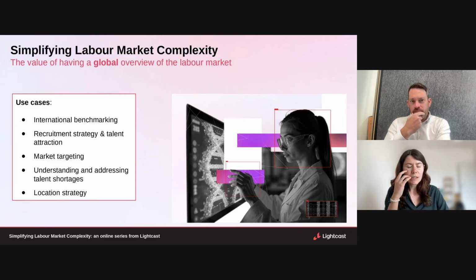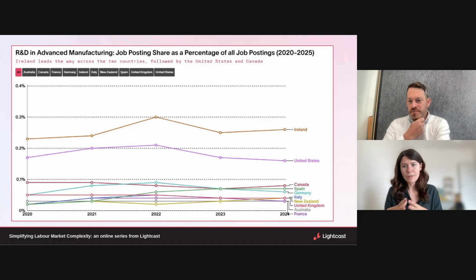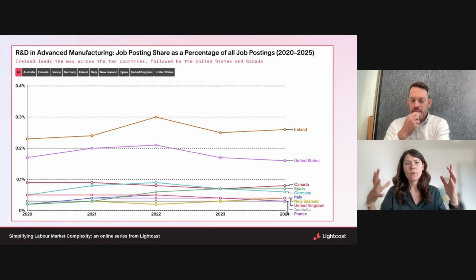And these are some of the things that we were thinking about when we built this case study, which is indeed around demand for R&D in advanced manufacturing. So here, first, we try to use our taxonomy to define advanced manufacturing as a group of activities that are related to manufacturing, but particularly related to R&D within the sector. So we are trying to look at the higher end in terms of research and innovation and development types of jobs. And so we identified a list of R&D related occupations.